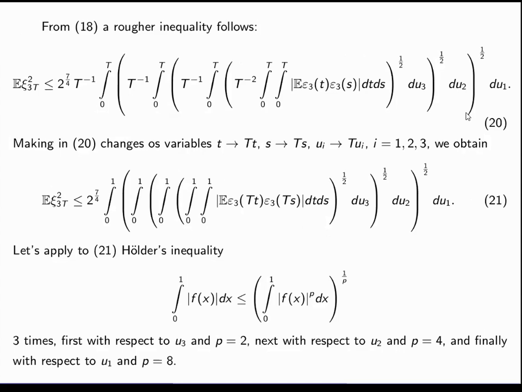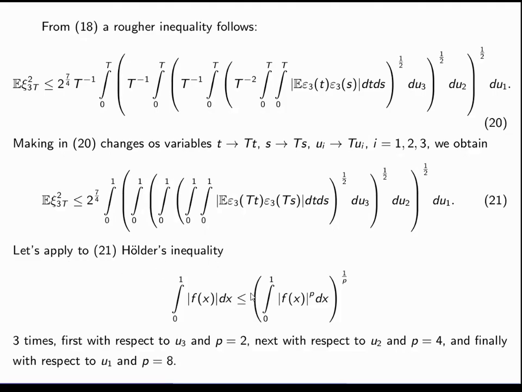From 18, a rough inequality follows. So it's inequality 12. Here we just expand the integration region and, making changes of variables in 12, t to capital T times t, s to capital T times s, and the same changes of variables for the u variables, we obtain the inequality